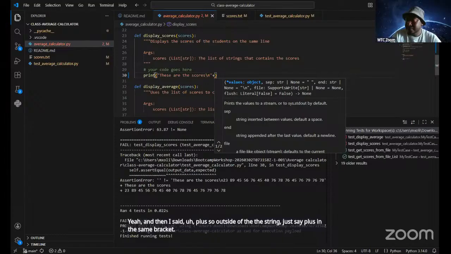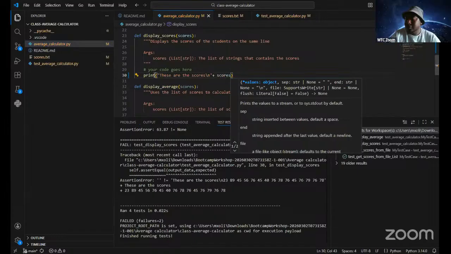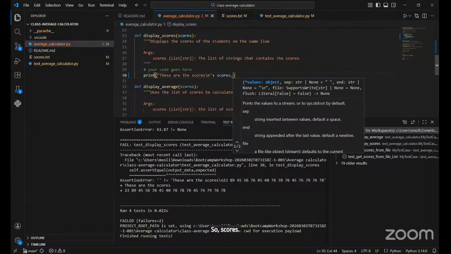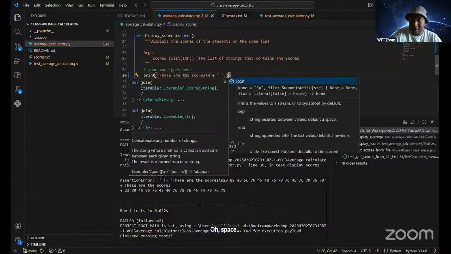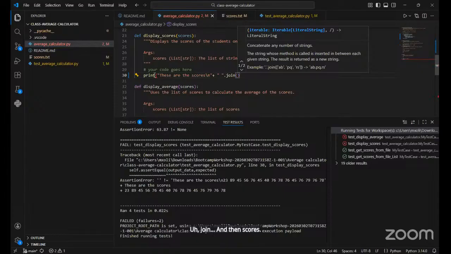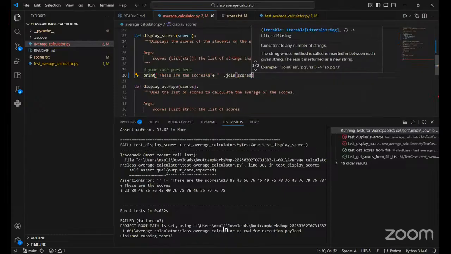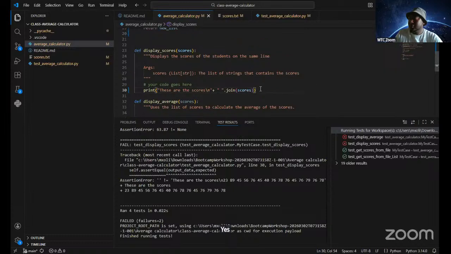And then you say a space dot join with the scores. So an empty space, like two quotation marks with a space, dot join, and then scores in the brackets. So something like this. Yes. Great stuff.